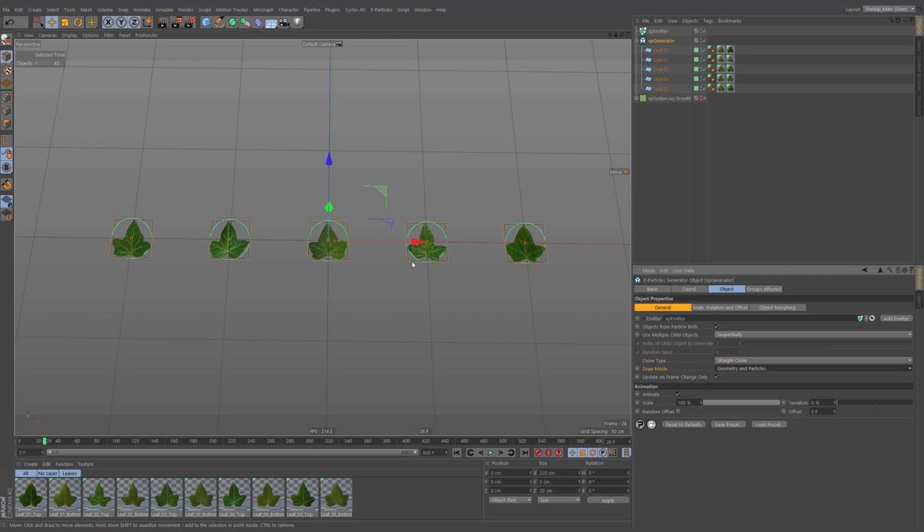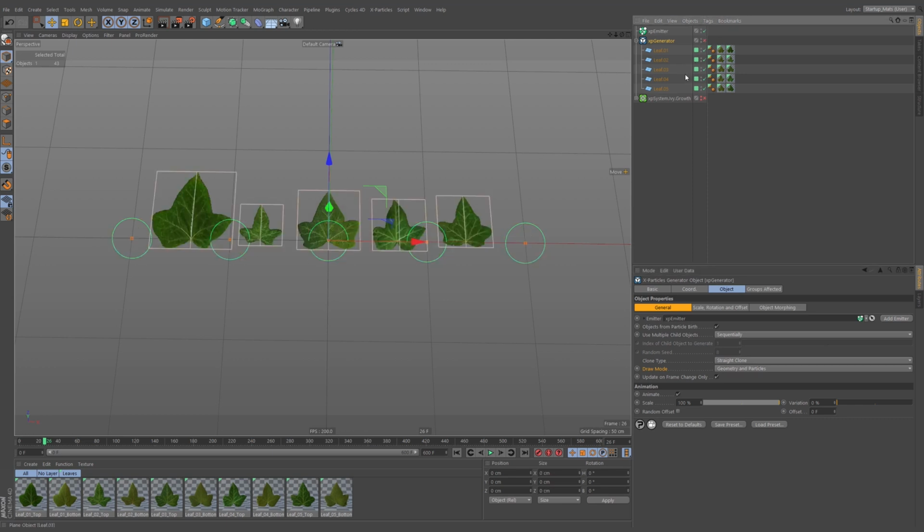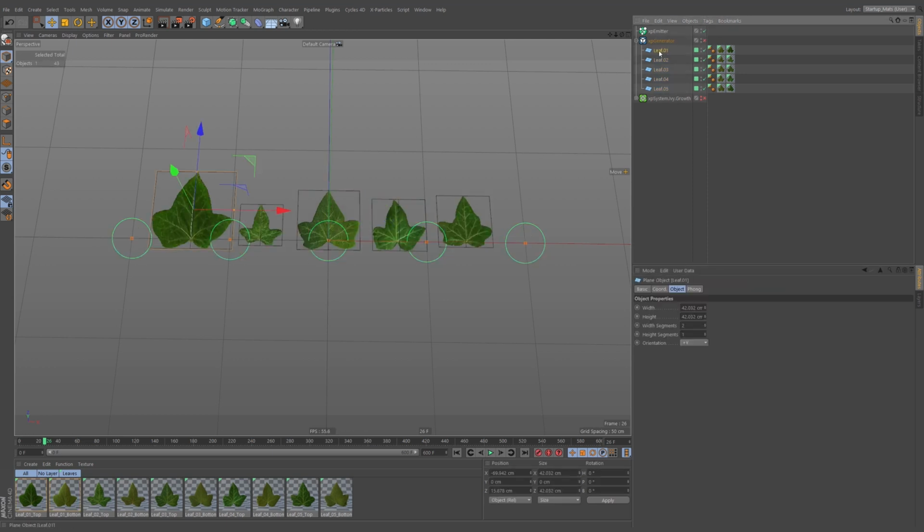The particle radius, or diameter, is actually 20 units, and it's taking the boundary of our leaf and fitting it to the size of that particle. And that bounds relationship between the particle size and the geometry inside the xpGenerator is how I'm actually going to trick it into normalizing our particle size. So first of all, let's just turn off our xpGenerator,